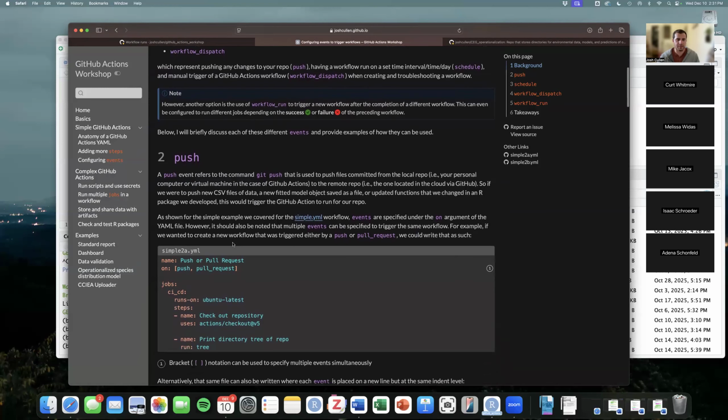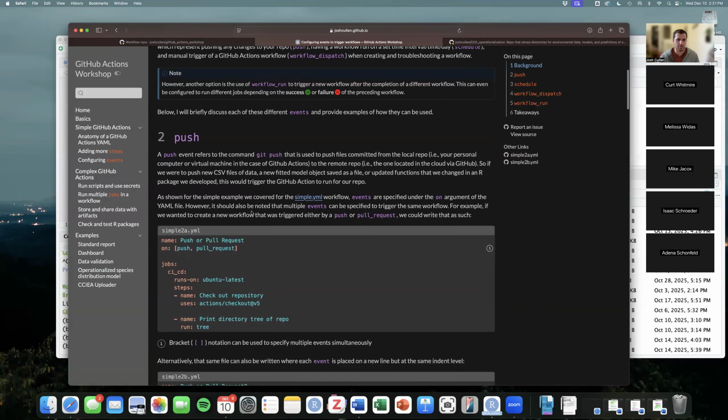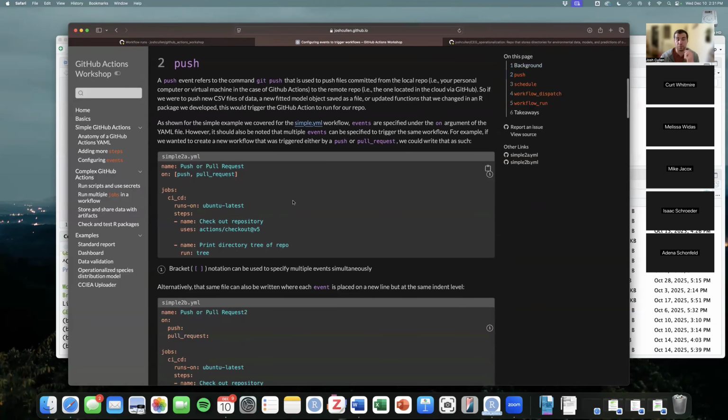So I'll briefly provide info on each of these four different triggers or events that I talked about. I'm going to try to just breeze through these because of limits on time. So this code example here, I have this name, push or pull request, is the name of this workflow, and